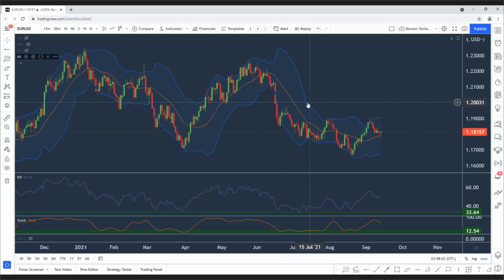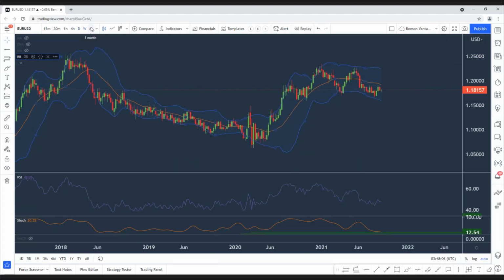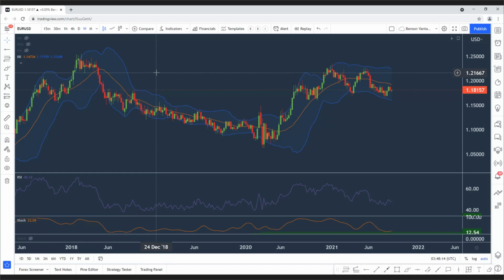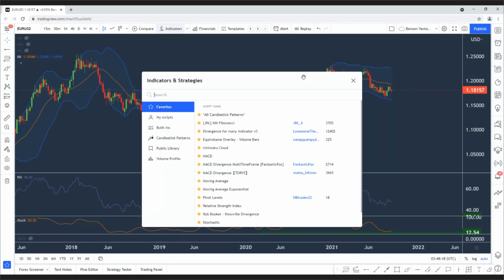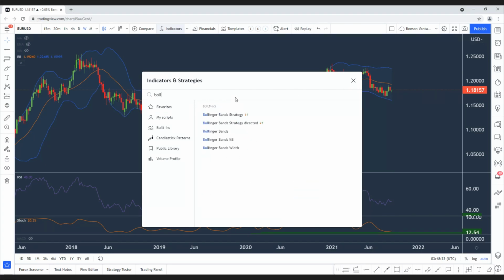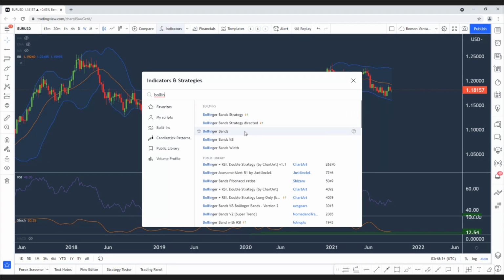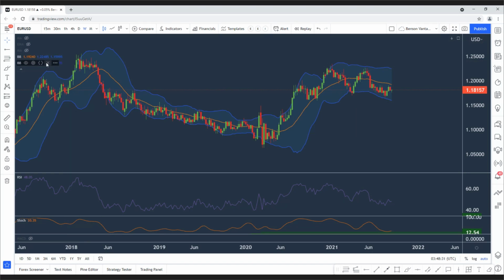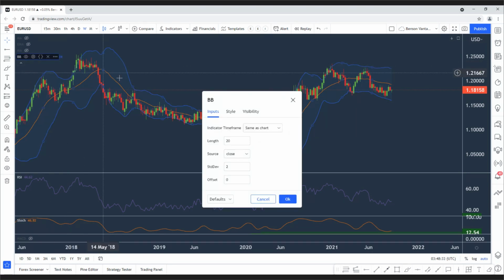All right, so let me show you how you guys can make use of these Bollinger Bands and other indicators over at TradingView. If you open up the indicators tab, search for Bollinger. Okay, it's right over here itself. If you click it and go to settings,